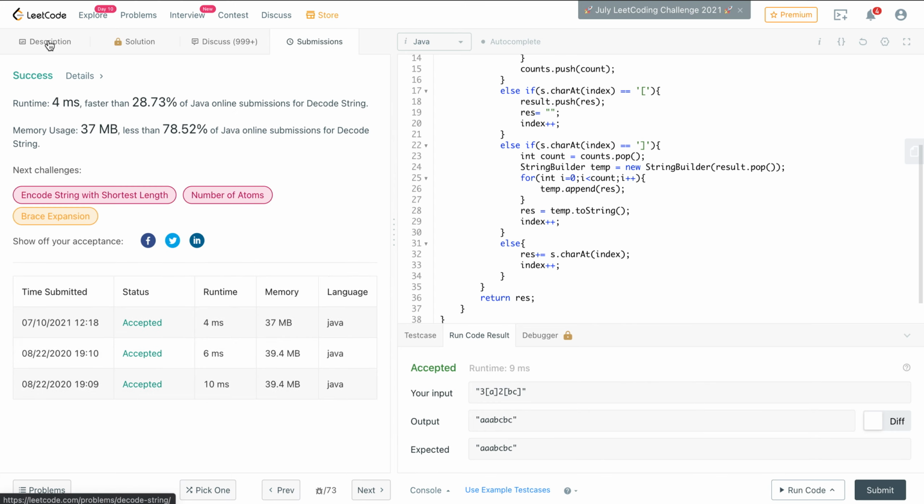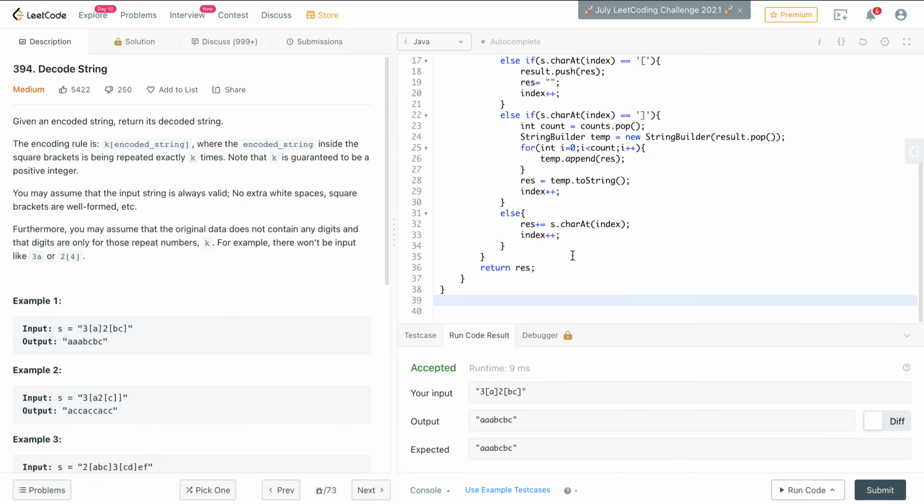So yeah, so there you go. This is a solution, and the time complexity for this is just O of n. Let me quickly write: time complexity will be O of n, where n is the length of the string,